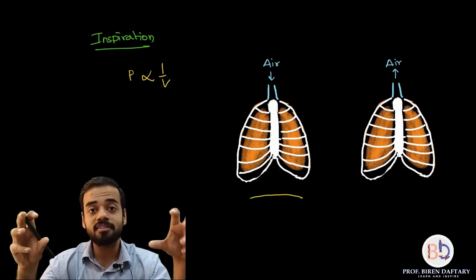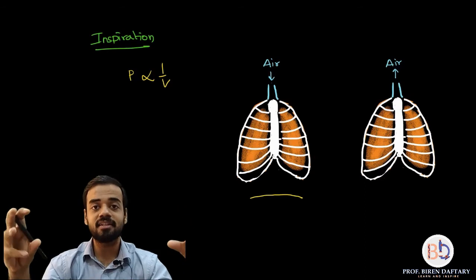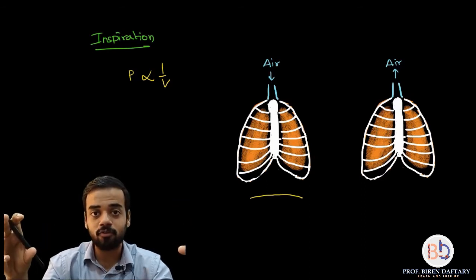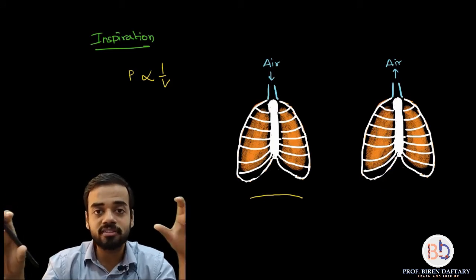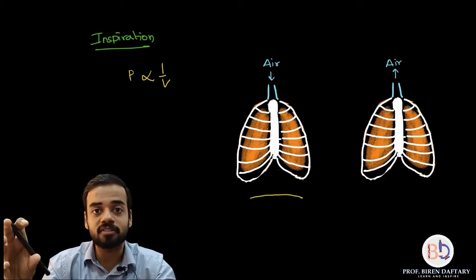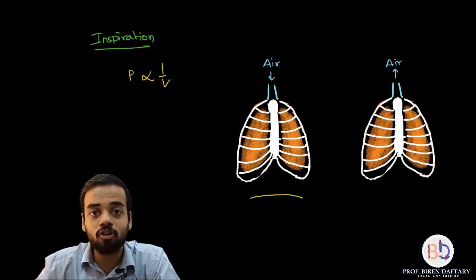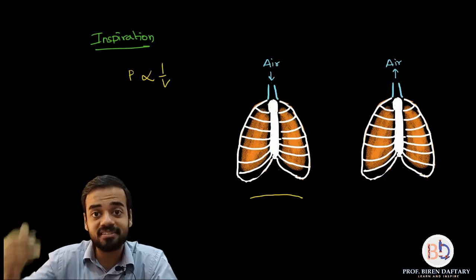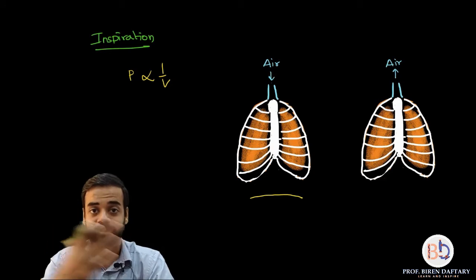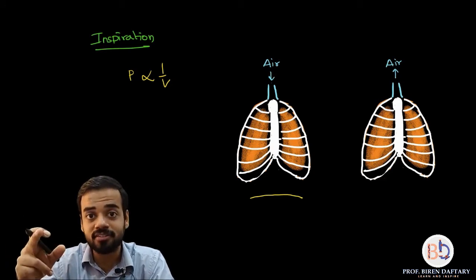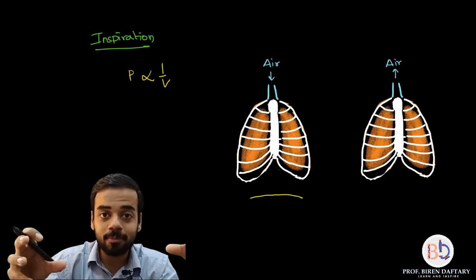So now a pressure gradient is created. I have told you what a gradient is. Gradient is a condition in which two opposite things are happening, for example positive and negative charge, or high concentration, low concentration, or high pressure, low pressure. Why is a gradient created? Because over here the thoracic volume has increased, so the thoracic pressure has decreased, but the environmental air pressure outside the nose has not decreased. So the environmental air pressure is more, the thoracic air pressure is less.